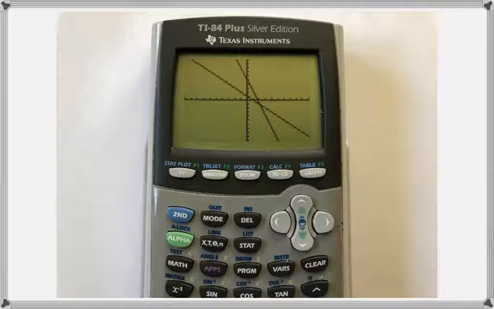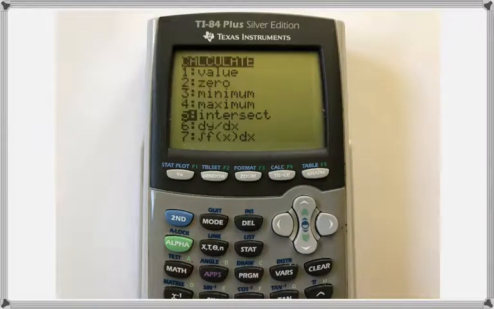To do that, you want to press second and then the trace button or the calc button, and that's going to get you to a lot of different commands. You'll see that we have value, 0, minimum, maximum, and we want to do number 5, which is the intersection command. So if you press enter,